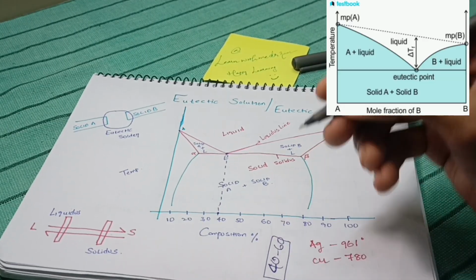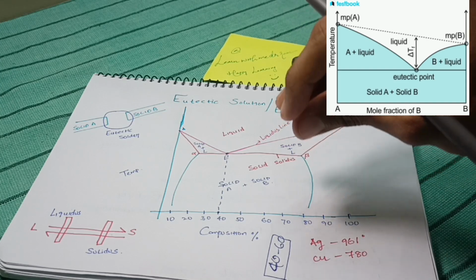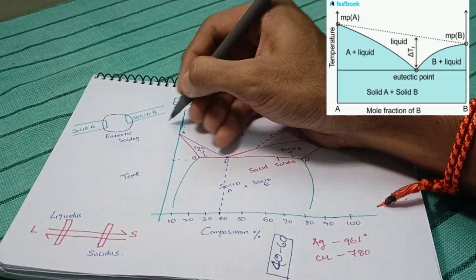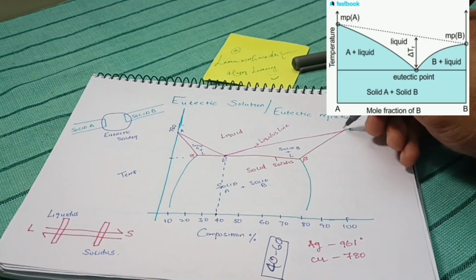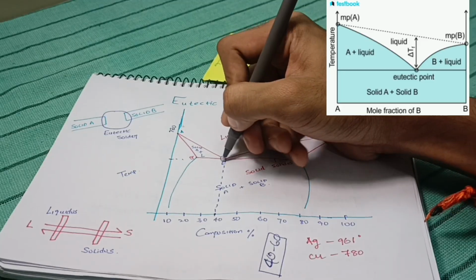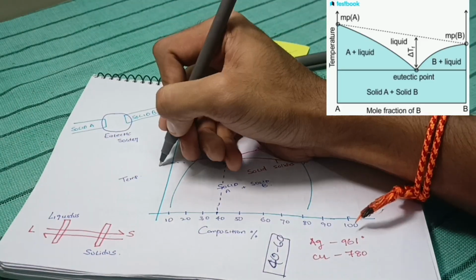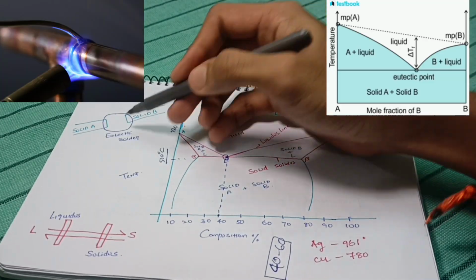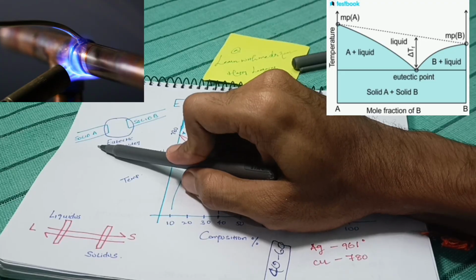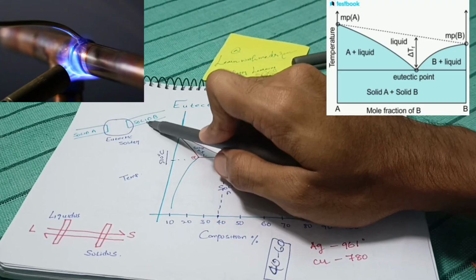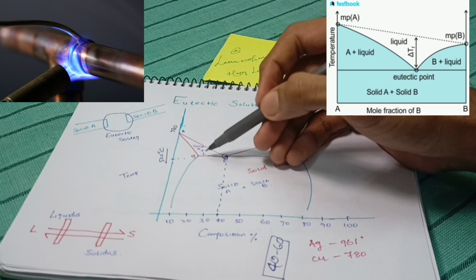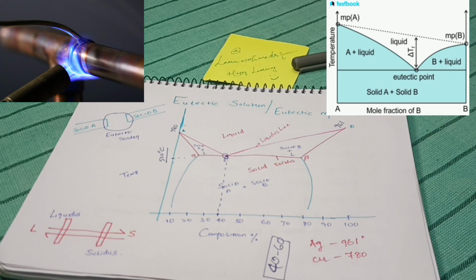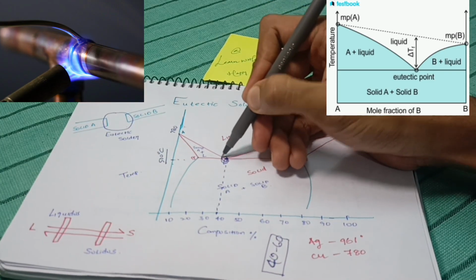So at the point where the ratio is 40-60, at some point of temperature, let's assume that this was 780, right? This is 780 and this is 961. So this is the point where I can get around 500 degrees. So at around 500 degrees, with a eutectic solder, I can solder metal A and metal B. I can solder by using the metal at 500 degrees centigrade, using that E, that is eutectic metal,